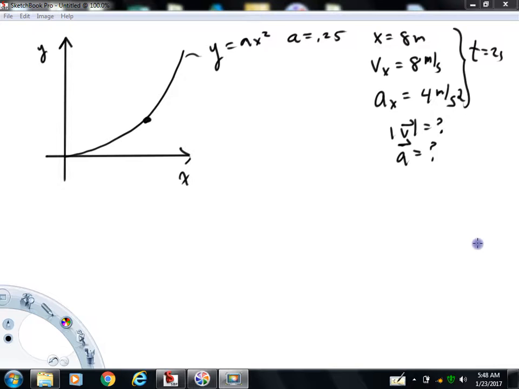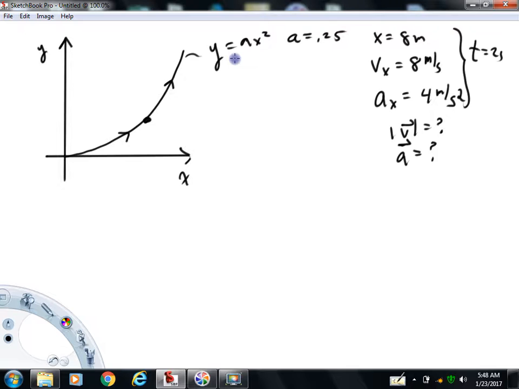The purpose of this video is just to give an example of how to mathematically describe motion in the plane. And what we're looking at here is this particle moving along this curve. The particle is moving in this direction in this example. The path is defined by the curve y equals ax squared, where a has a value of 0.25. It's just quicker and easier for me to write a throughout the equations, and I'll put that 0.25 in at